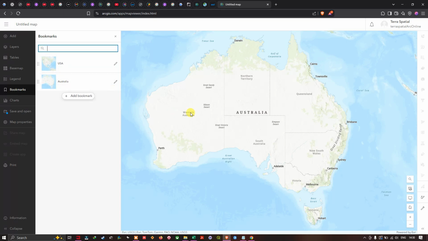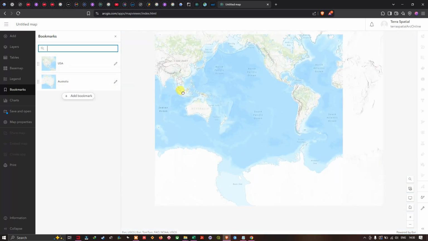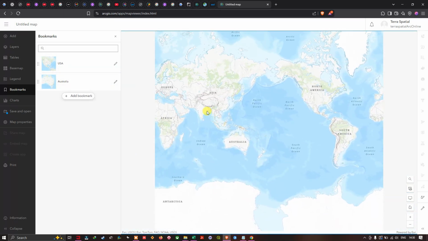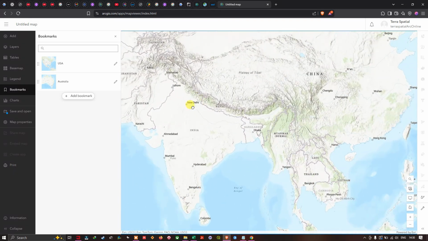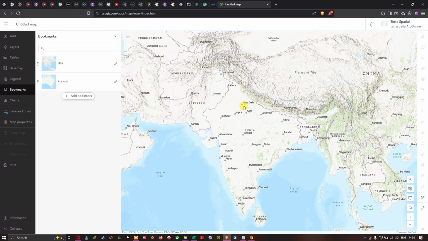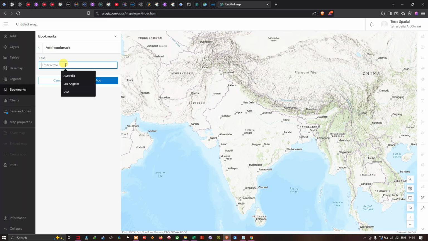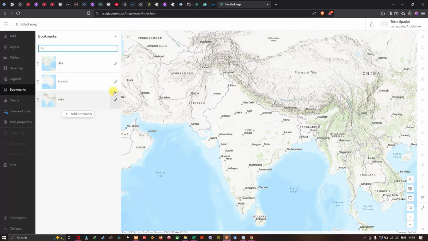And again, I'm going to add another bookmark here. For example, I'm going to navigate to India. So I'm going to create another bookmark. I'm going to mention the title is India. And I'm going to click this option called add. And similarly,